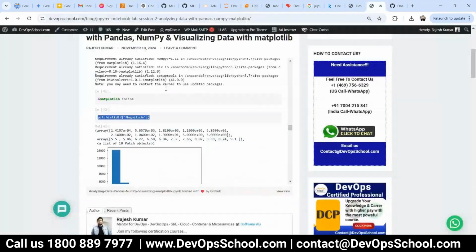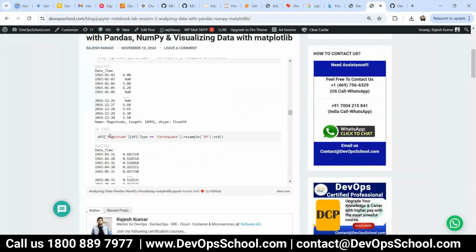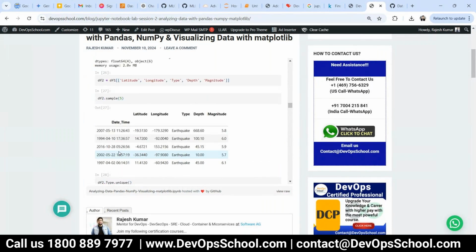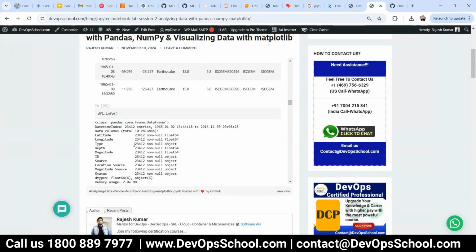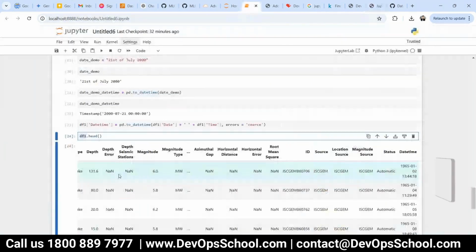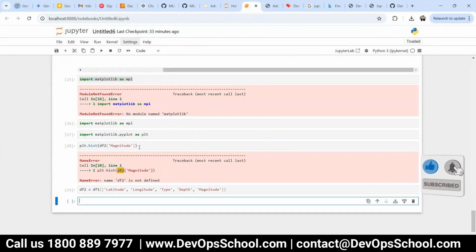Okay, just a second, hold on. df2 object I have to make it somewhere. Okay, here it is. So I'm making df2 here, and enter. Okay, and now